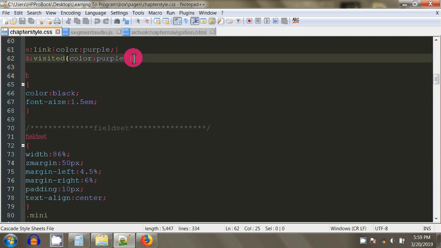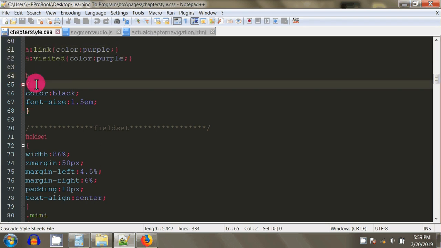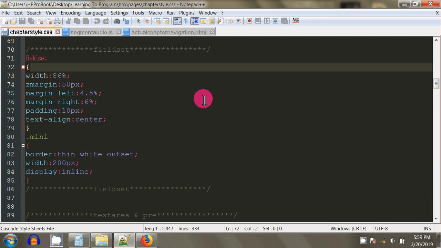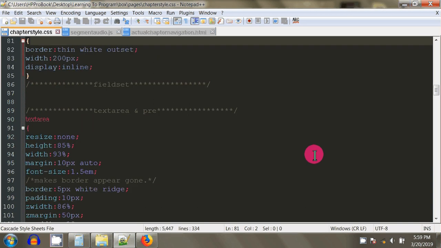Okay, and in here for my B tag is to bold, and I gave it a color and a font size. My field set, a class of mini. Moving on down, there's all the styles for the text area. Moving on